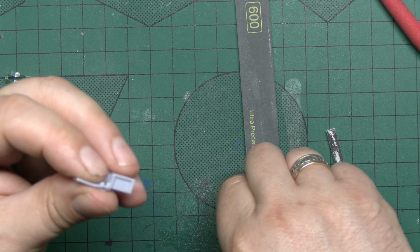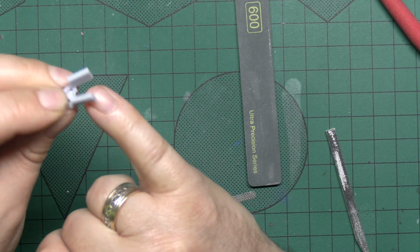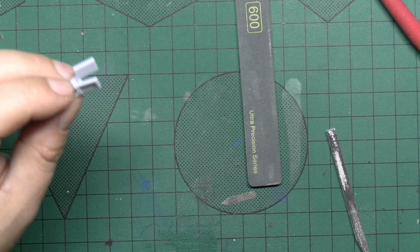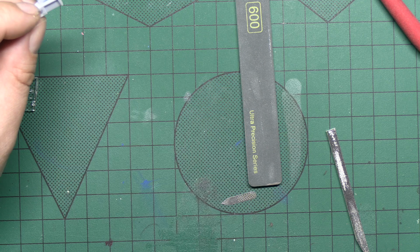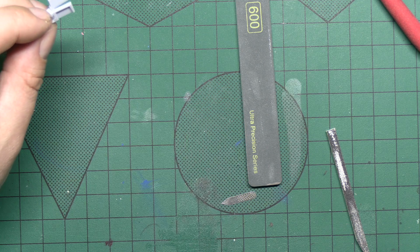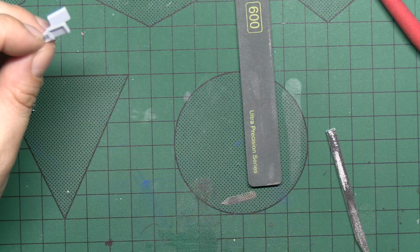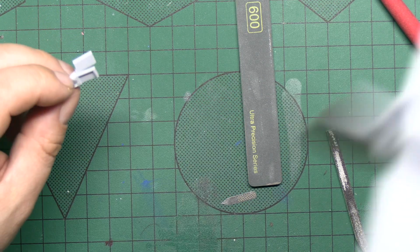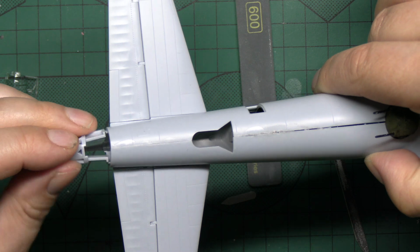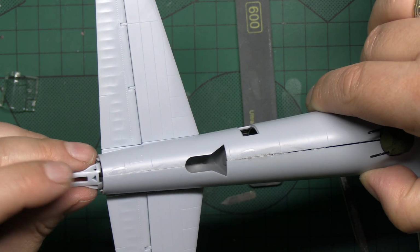Now the instructions are telling me that we have to paint this surface and the inner surface there 110, which is sort of that material colour we've used in the cockpit. So 110 is natural wood. Sorry. So what I'm not sure of though is whether we're actually going to see this, because that part is going to go in the tail. It sort of clips in there like so,